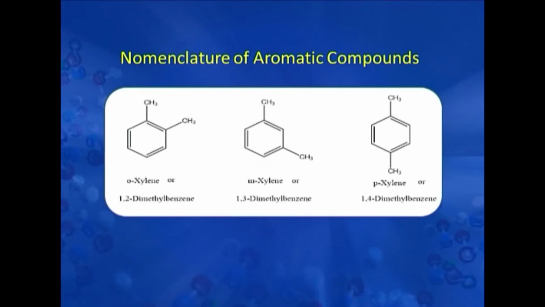For example, you see here, if benzene has two methyl groups, and if these methyl groups are adjacent, we call it orthoxylene. When the methyl groups are far apart, at the third position, we call it metaxylene. And when both the methyl groups are exactly opposite, at the fourth position with respect to one group, we call it paraxylene. So, orthoxylene is nothing but 1,2-dimethyl benzene, metaxylene is 1,3-dimethyl benzene, paraxylene is